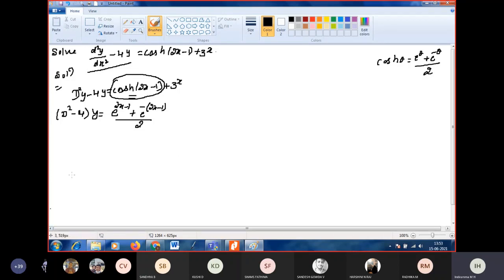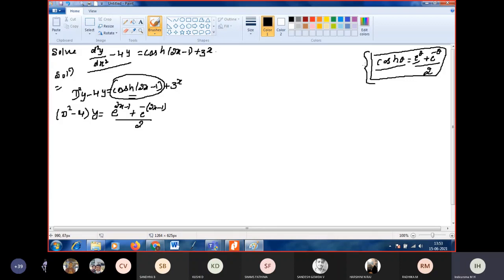Okay, this you have to use. Excuse me, ma'am, how to consider that cos hx? What is the formula? This is the formula what I have written. How you got this one means we have the infinite series for e power x. If you know the infinite series for e power x, then in that e power x, if you replace x by minus x and add those two, you will get the cos h theta formula. So now you just remember this result.